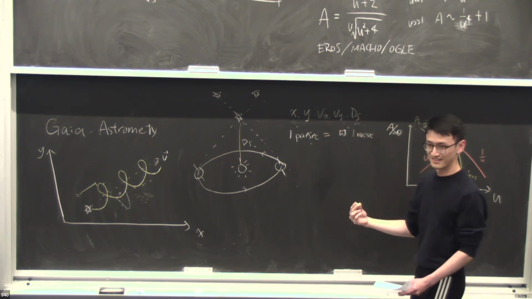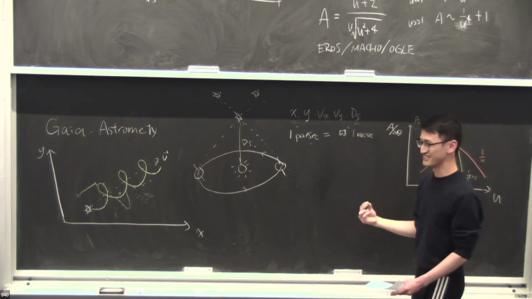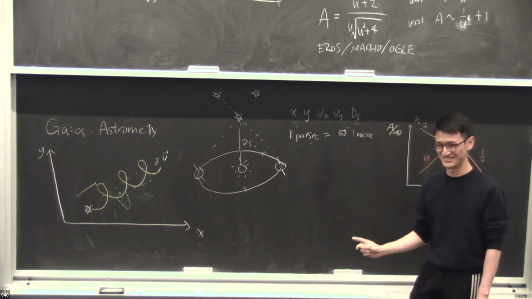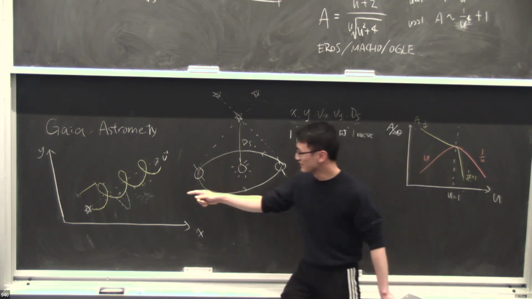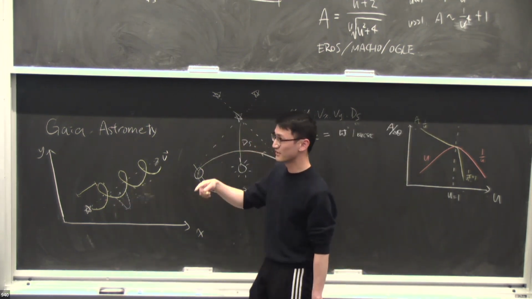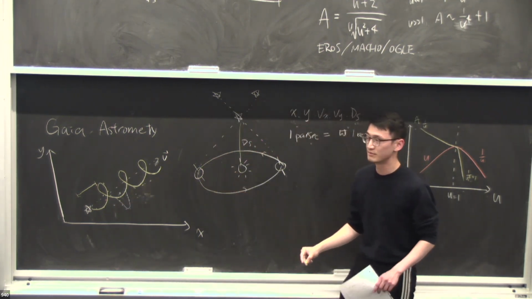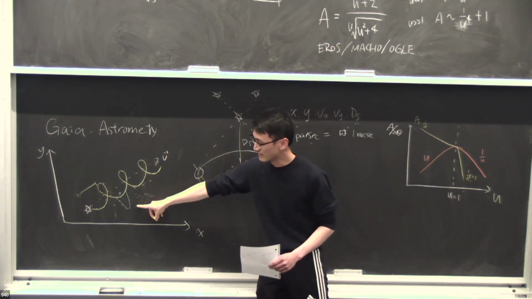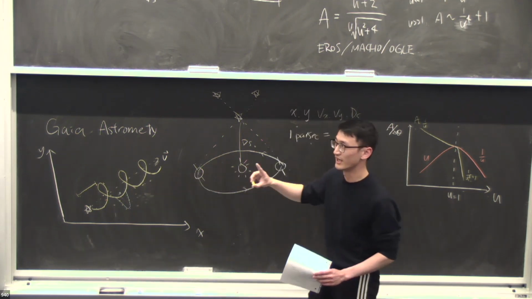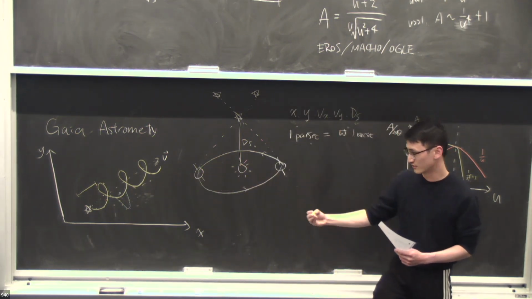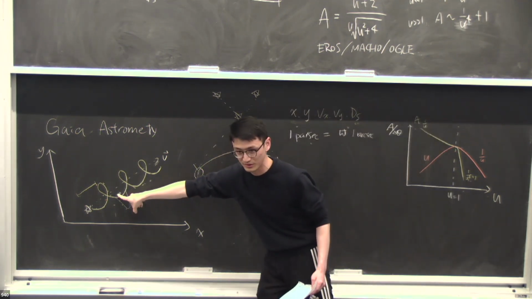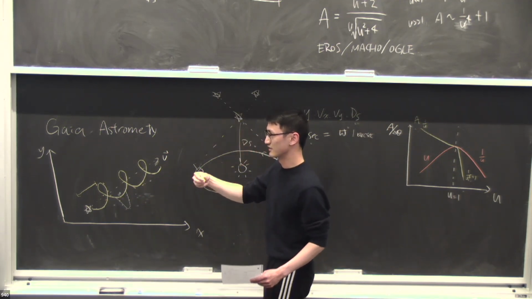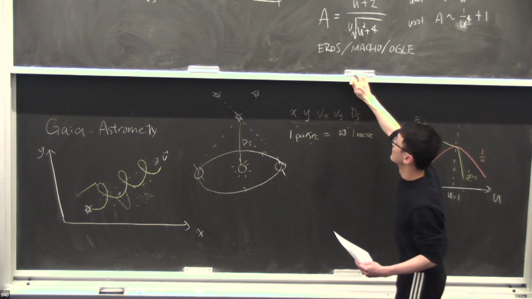So why wouldn't they do what you are planning to do? Because they're short-staffed, and there's a lot of stuff that needs to be done in Gaia. They actually do something like this, though. There was a paper, I think, late last year. They do see this, and it's for a binary, so instead of a black hole, it is a binary star. The actual discovery process is they found